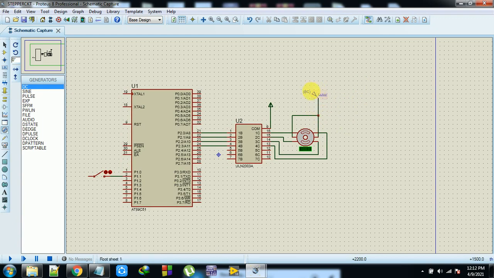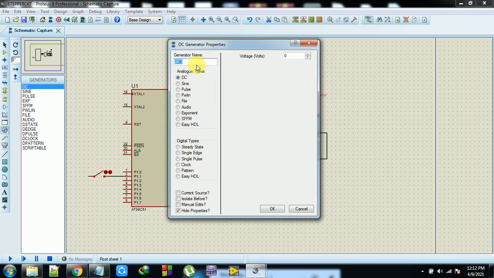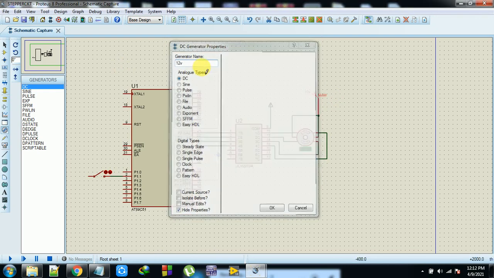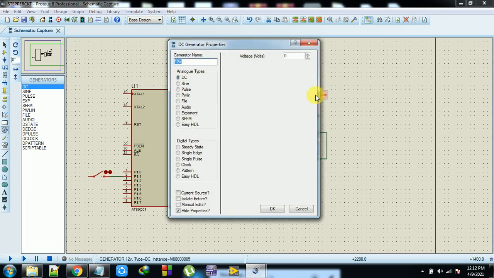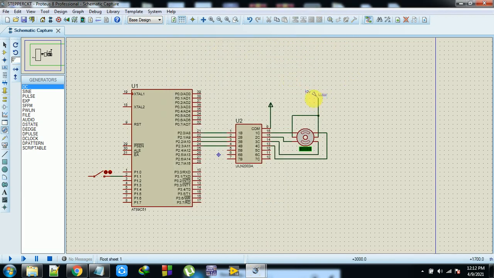Here I am going to do 12 volts DC. The value I need to give is 12 volts. This is the power for the circuit, and one more DC I am taking here.